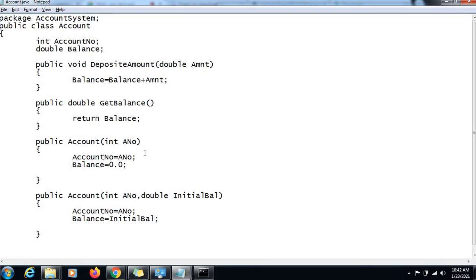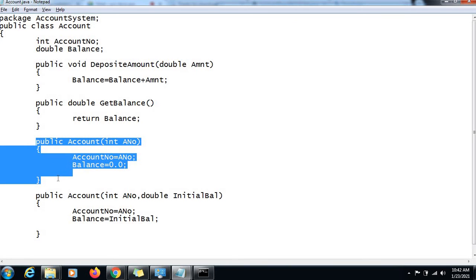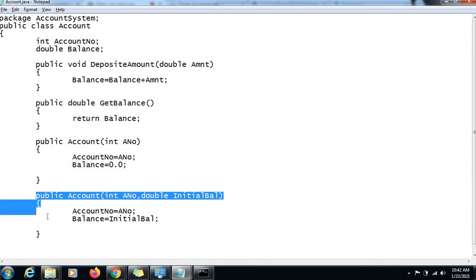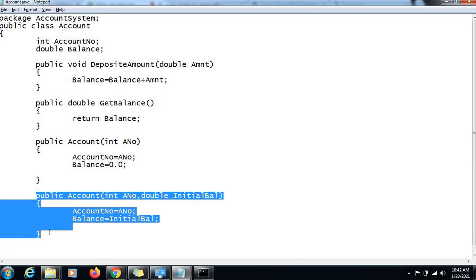Correct, right? So what we have done, we have provided two ways of account opening, or object creation. How we have done this? We have defined two versions of the constructors. This will provide a way for a customer to open a zero balance account, and here the customer wanting to open an account with some minimum balance, this is the way for them. So what is this? This is nothing but constructor overloading.